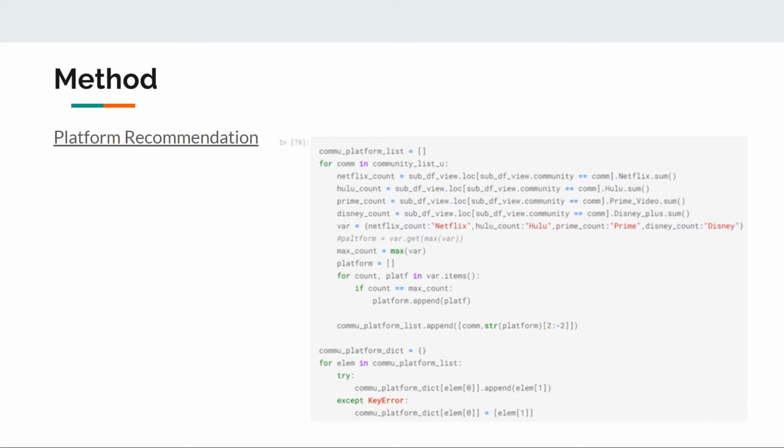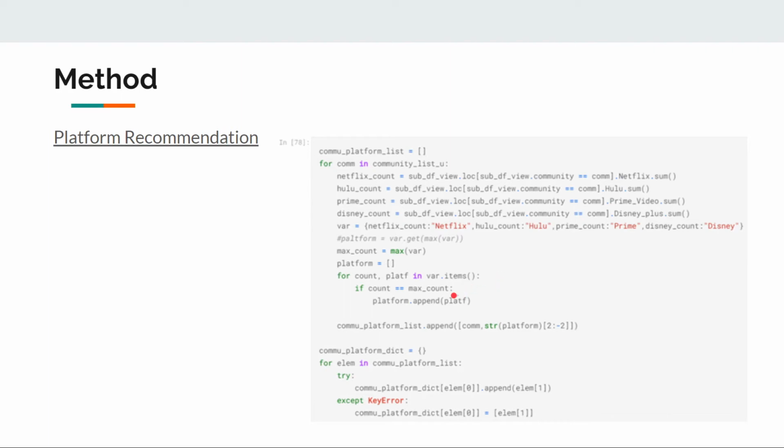So just in case more than one platform contains the same max value, we created this loop to collect all of the platforms that contain the max value.